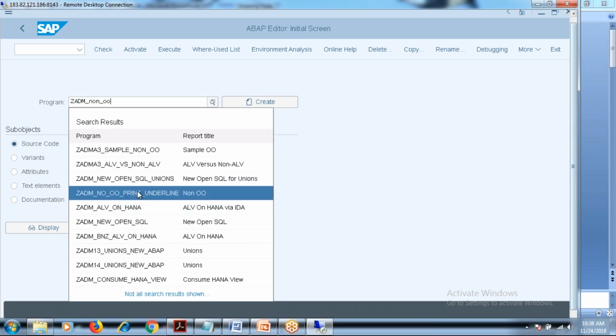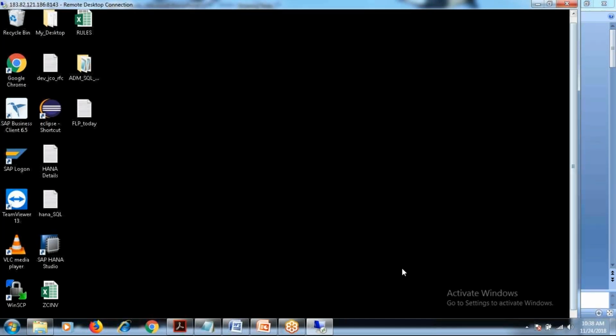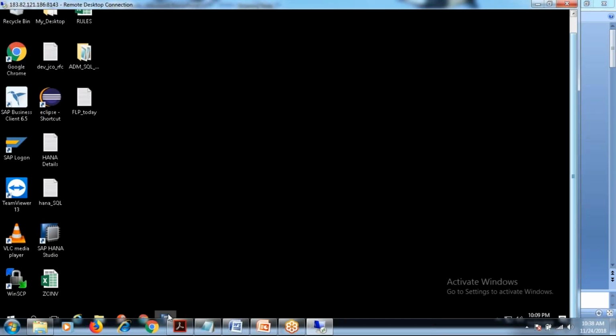Just print underline. This is one program, that is one program. Is it? Did I close it by mistake? Anyway, now let us come back. Now what my intention is,